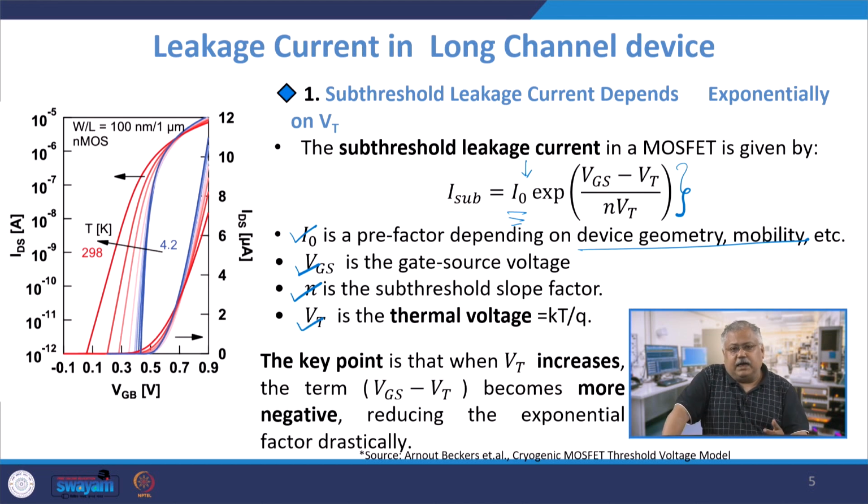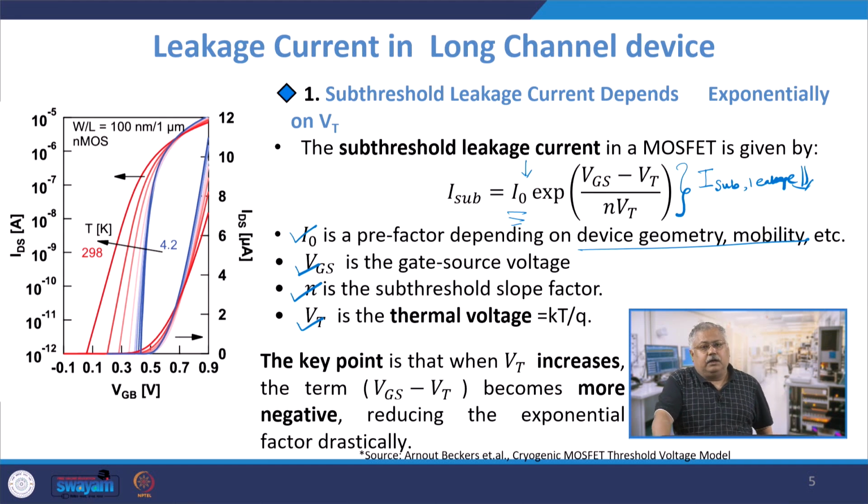Now, you need to understand that as threshold voltage tends to increase at cryo, the overdrive term Vg minus Vt tends to decrease, and therefore your subthreshold leakage is reduced. So, let us look at it this way: when you reduce your temperature, since your cryogenic threshold voltage is larger, the overdrive reduces, and therefore your I sub, the subthreshold leakage, is actually very low,